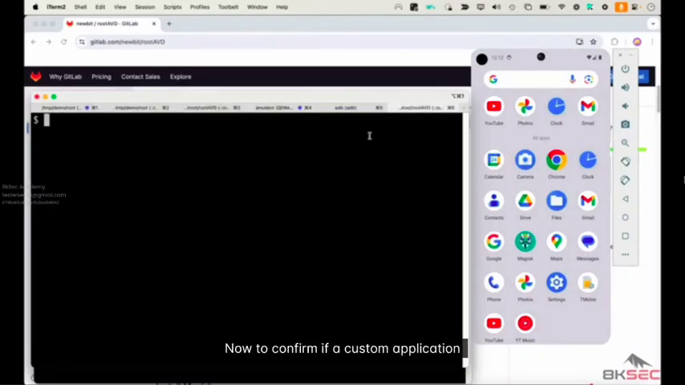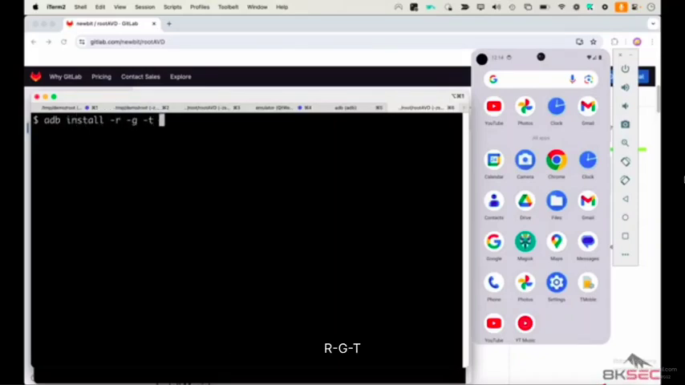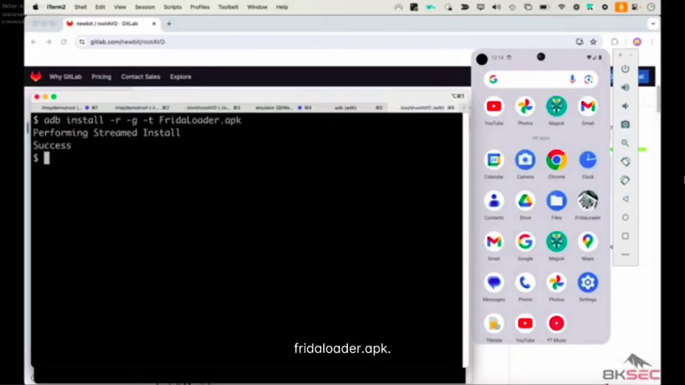Now, to confirm if a custom application can request escalated privileges on this device, we can take a look at the Frida Loader application. Let me install it to the device. I'll do this using adb install -r -g -t fridaloader.apk. Now, if the process worked when I launched Frida Loader, unlike the last time where the application crashed,